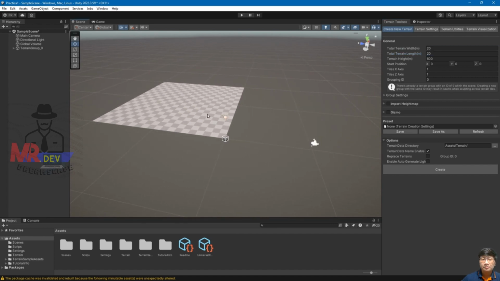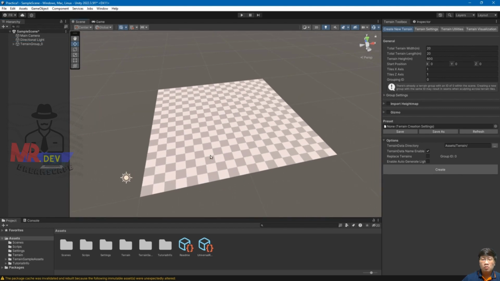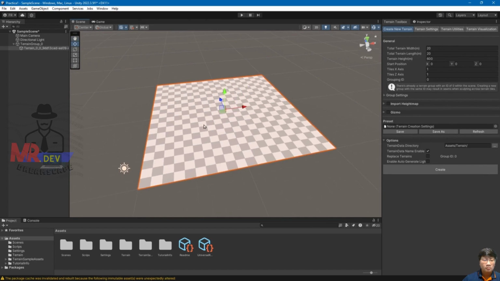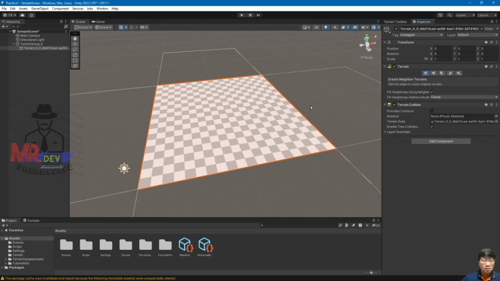For the moment, the surface has no textures. Let's delete this global volume, and we leave the camera and the light. This surface has no texture and is completely flat. If I select it and go to the inspector, the characteristics of it appear. And additionally, this tool allows me to add more terrain to the sides,